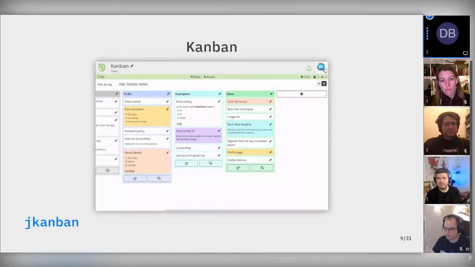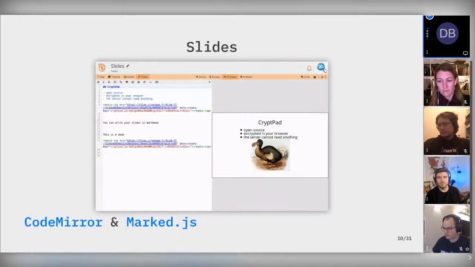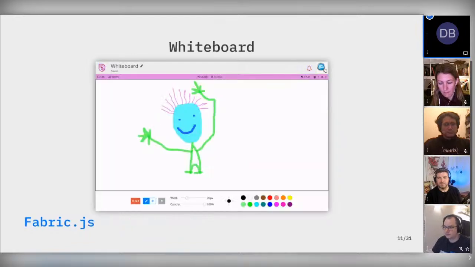We have a Kanban board, which is based on JKanban, and that was recently redesigned with additional features like tag sorting and Markdown body on the cards, etc. We have Markdown slides, which I'm presenting from at the moment, which is also based on CodeMirror and Mark.js, like our Markdown pads. We have a whiteboard based on Fabric.js,